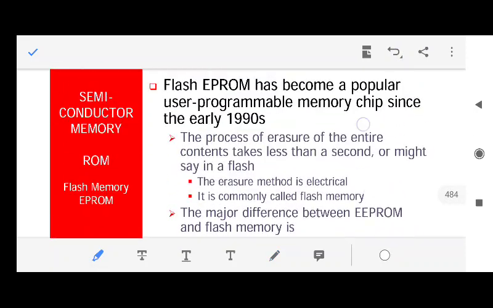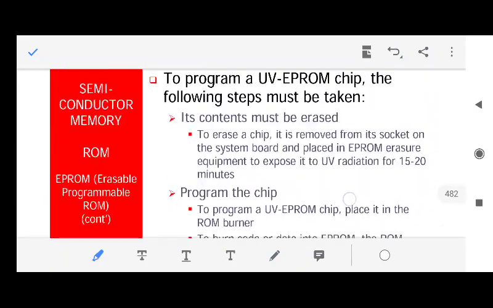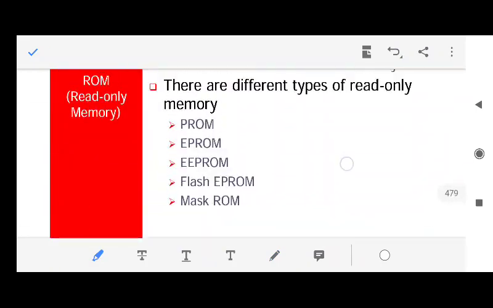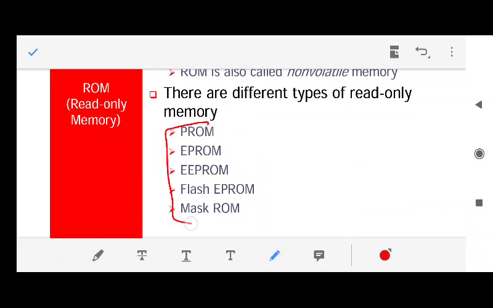For example, there was a list, I'll just tell you. You have this many types of ROMs available in the market. So PROM means programmable ROM. While using the programmer, you can write your own code onto the ROM. Fine. PROM means once you write it, you cannot erase it. You can just read it for the lifetime. So in the entire lifetime of the chip, you can write your code only one time.